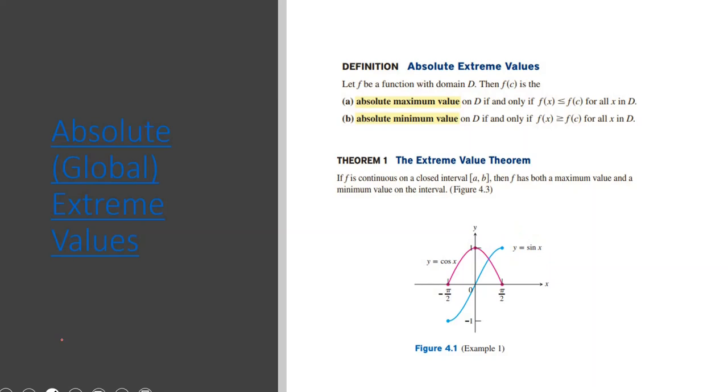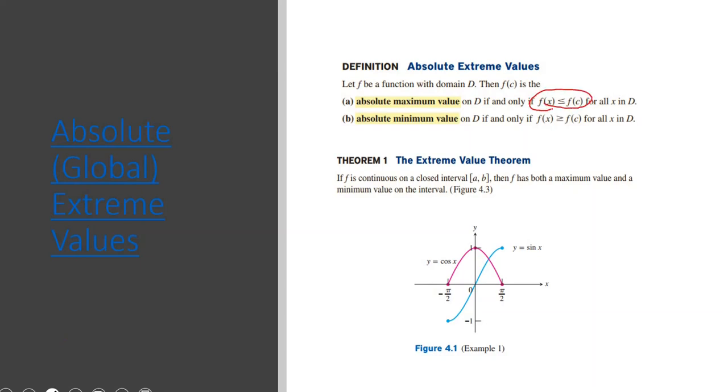So an absolute extreme value is any value on a graph, on a function like we have here, that is either a maximum or minimum point, and it has to be a maximum or minimum point for the entire function. So if we take a look at this definition up here,